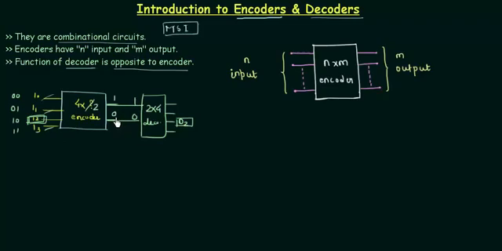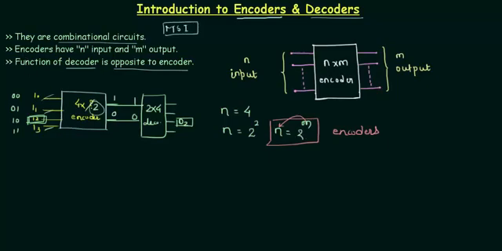There are different types of decoders possible that we will see. Before that, let me generalize the relation that we just found. If n is 4, that was your input, I can write n as 2 to the power 2, where m is 2. So I can write n is equal to 2 to the power m. This is the relation between the number of inputs and the number of outputs in your encoders. In the case of decoders, the relation will just change: the n will become m and m will become n.